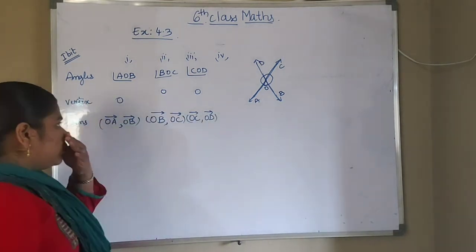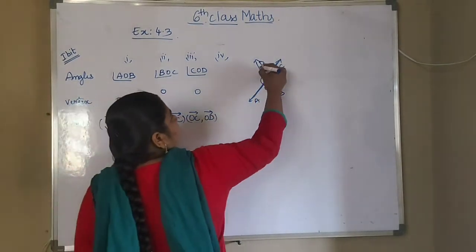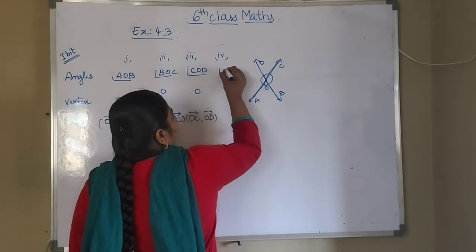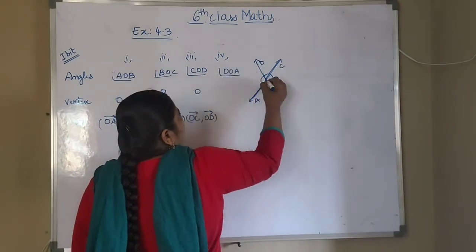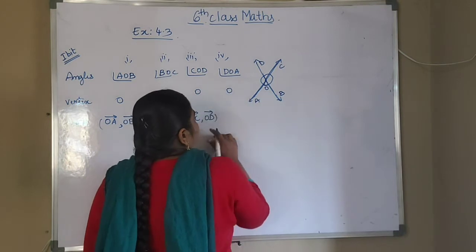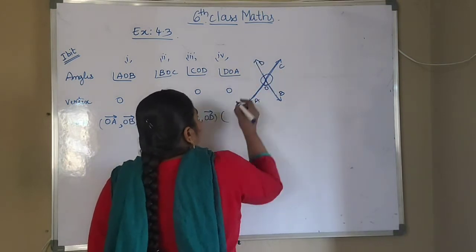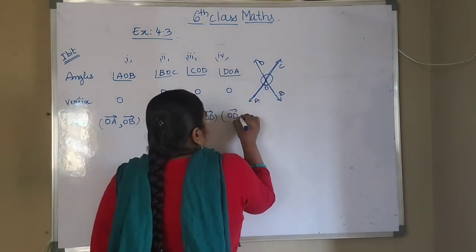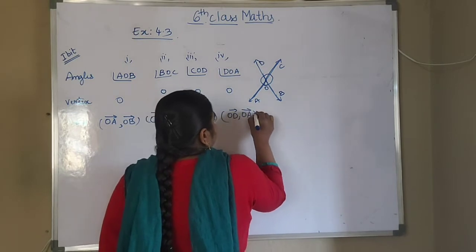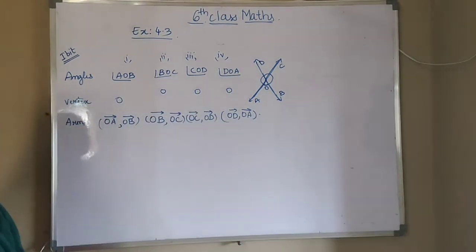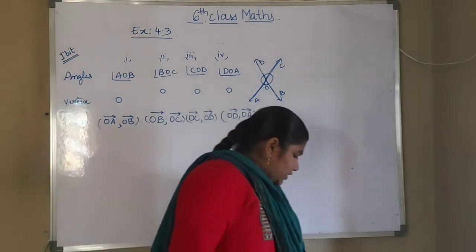Okay. Last one, fourth one, I am taking it as DOA. Angle DOA. Vertex is O. And what are the arms for this angle? That is OD ray and OA ray. So this is our first bit. Okay. So next one is